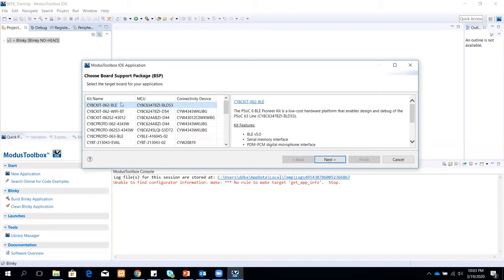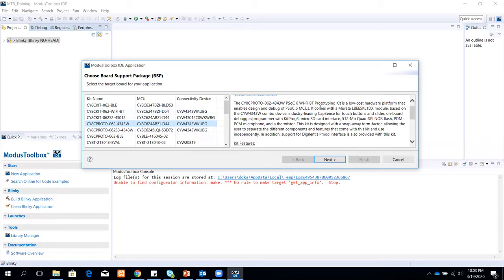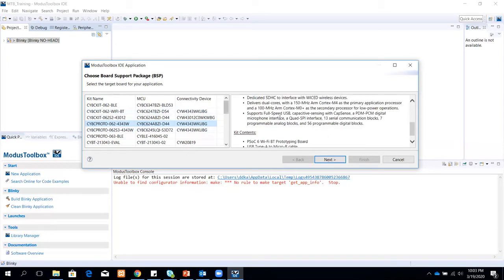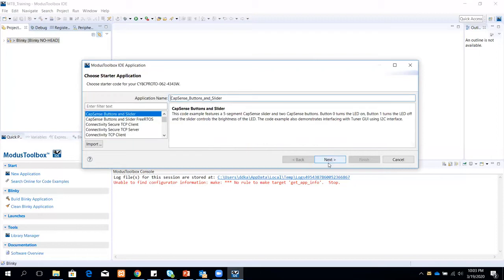Okay. We'll be talking about what each of these files contains later on, but this is what it is at a high level. So you can choose the target kit that you want. Let's say I choose the Proto board, and you'll have a short description of the capabilities and the features of this board. So you'll also notice that it lists the MCU, the device basically, and then the connectivity device which comes on this board. And then you can click next.